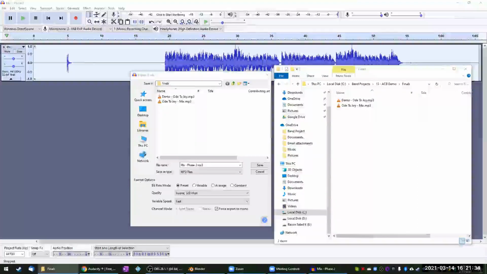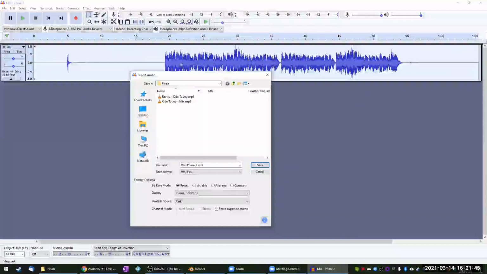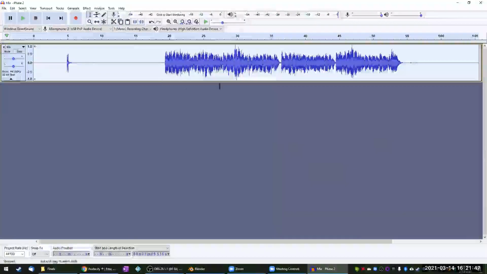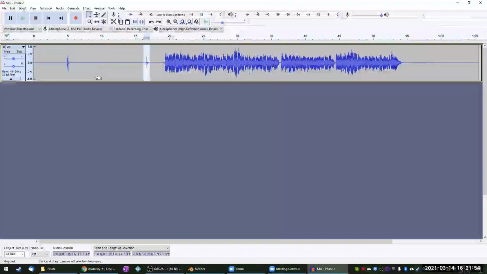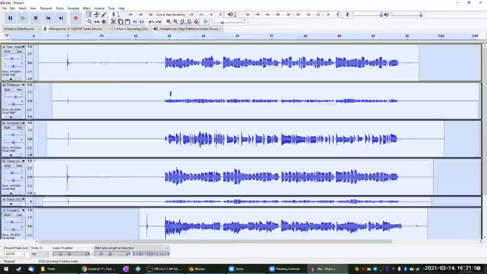Okay, so does Audacity allow you to adjust the volumes of a section rather than individual tracks? Can you group audio tracks into a single unit for final ensemble balance? You certainly can. The same way that I mixed and rendered everything into one full track, you could just select a couple of individual tracks. So I'm going to just undo. Audacity is great about undoing back to almost any point.